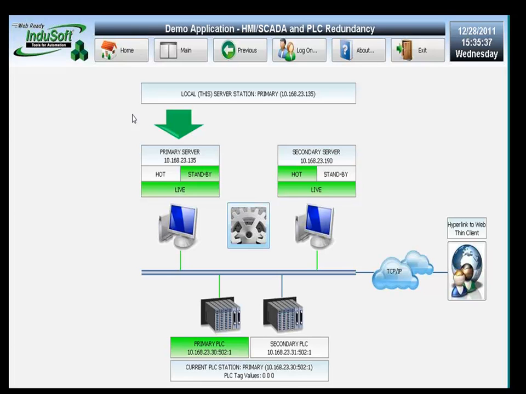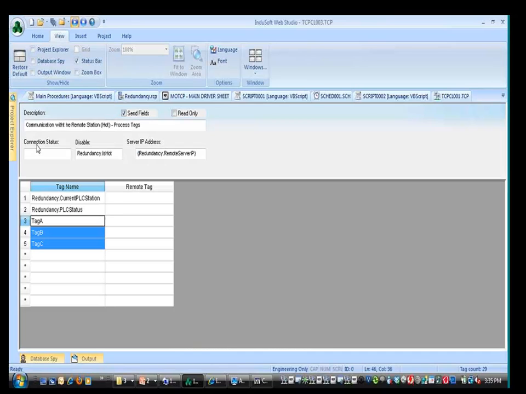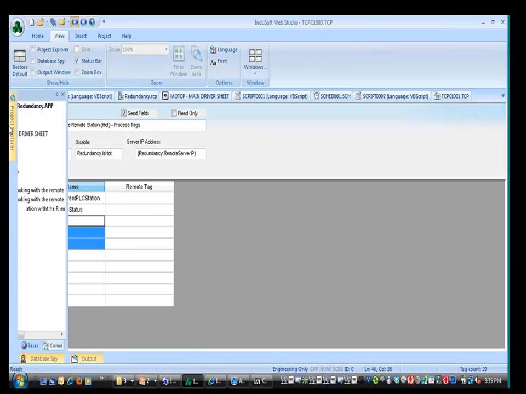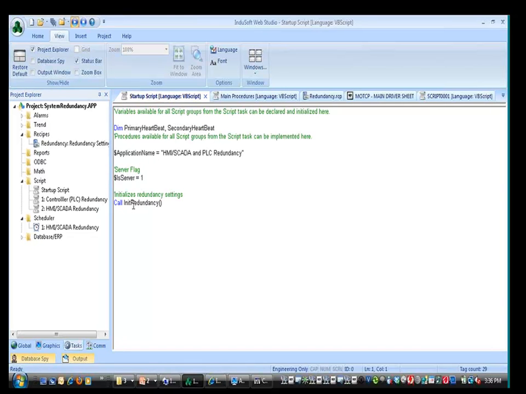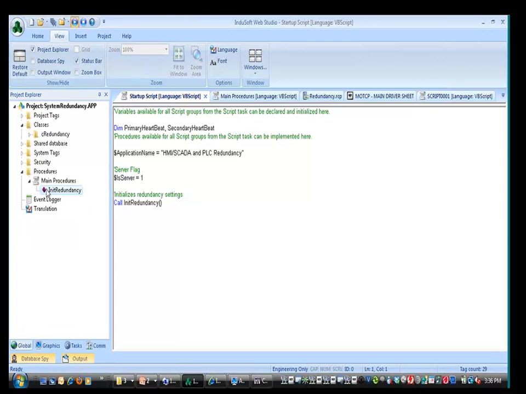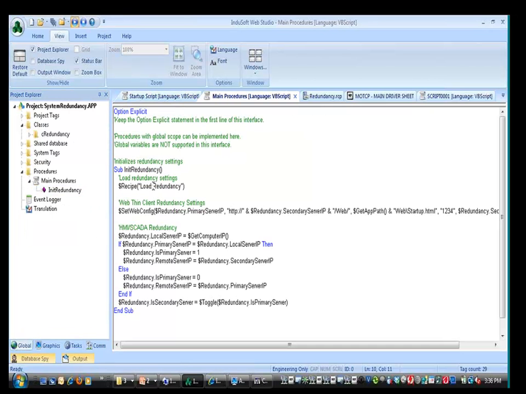And another main advantage of this solution is the way those scripts were written. The same VAR application runs on both stations, on the primary station and on the secondary station. You do not have to create two different applications. The same application can be deployed on both computers, and during the runtime, when I start the application, here in the startup script, I call this function called init redundancy, and in this function, I load the IP address for